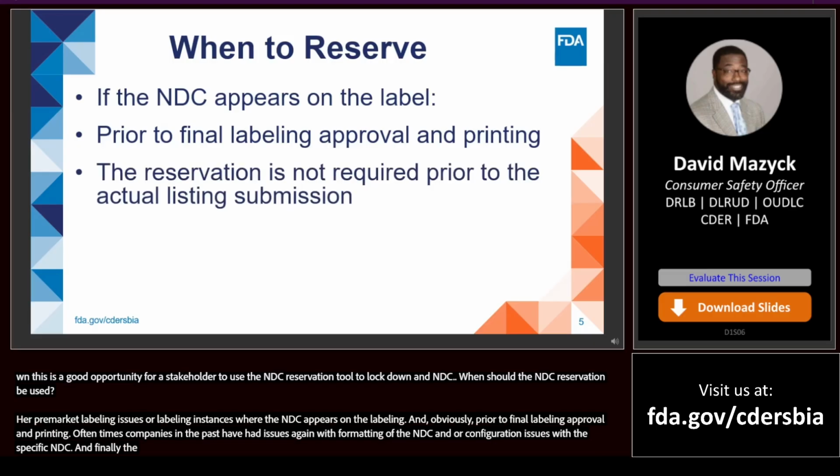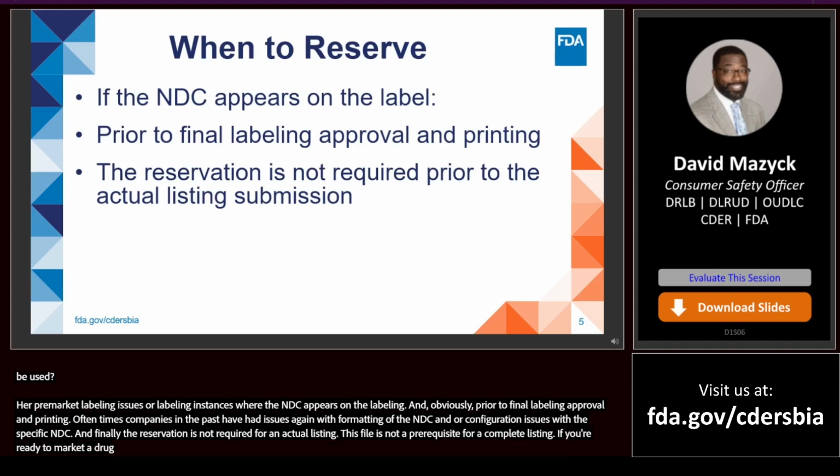So this file is not a prerequisite for a complete listing. If you're ready to market a drug, you have the correct NDC, and it's been validated, go ahead and submit that actual listing. The reservation is not a required file or a precursor for